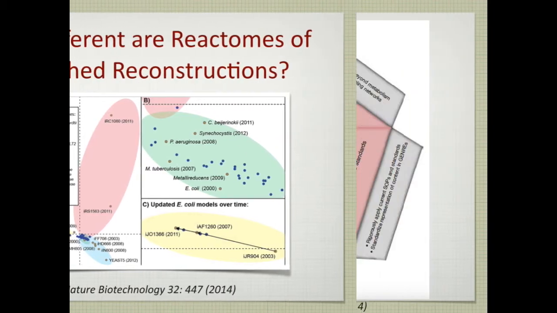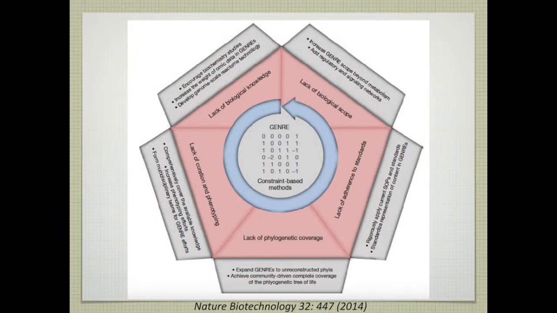Now, an assessment of these reconstructions in detail shows that there are some challenges ahead. One is to help develop experimental methods that actually help to elucidate the reactome. We have good ways to sequence now to get the genomes. We have good ways to deal with transcriptomes. We have good ways to deal with proteomes. Metabolomic profiling is pretty standard now. But we can't really figure out the reactome easily by any high throughput method, but some of those are being